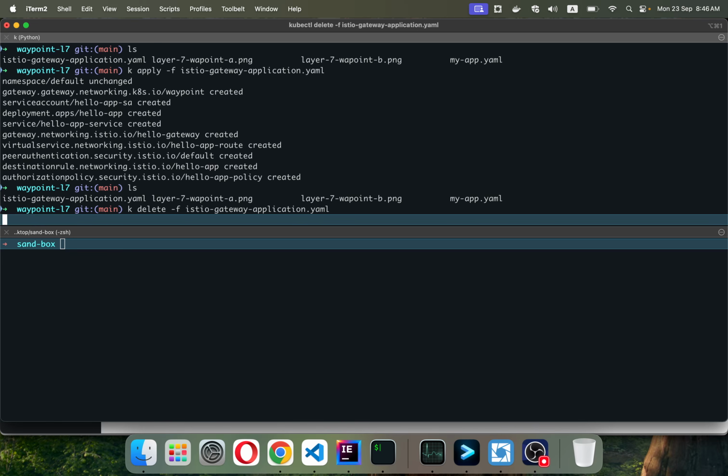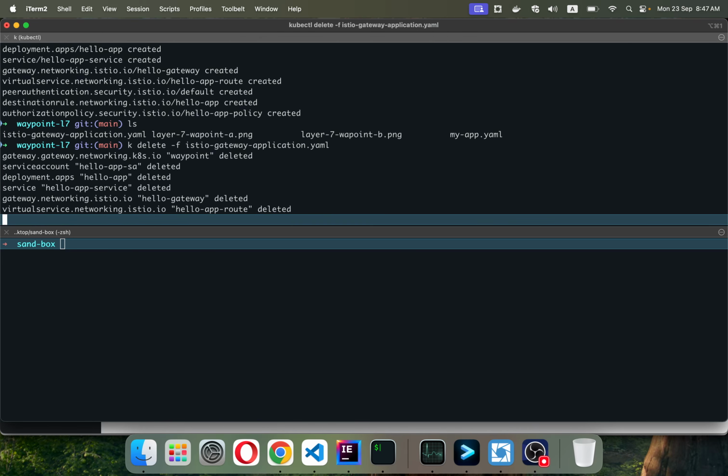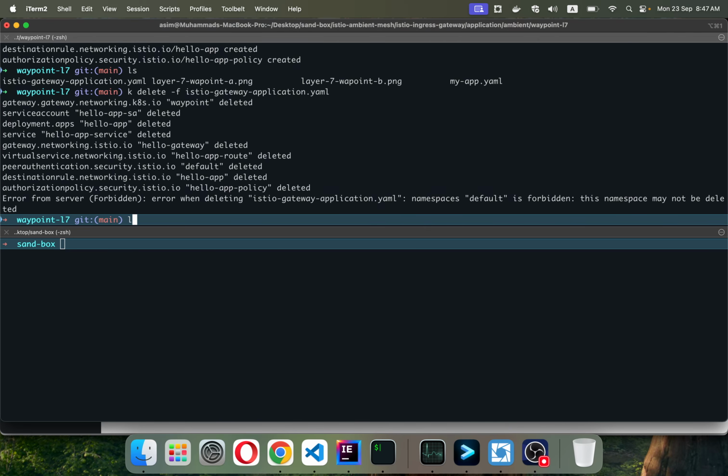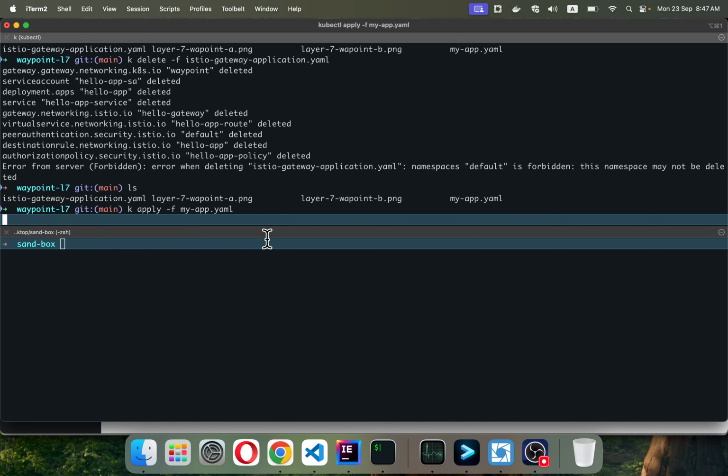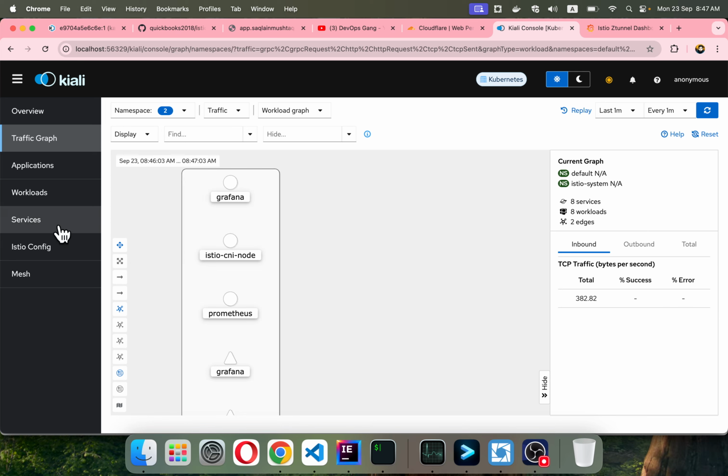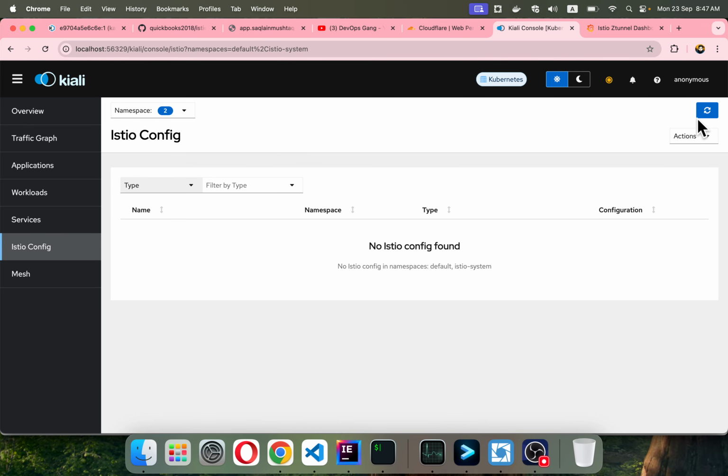And I'm going to apply one more application, where I will be sending traffic in a 50-50% split, or you can say a canary deployment. So k apply -f and layer 7. Sorry, it should be my app, because that is the png. So I've deployed it. If I navigate back to this section, Istio config, you see the configuration is